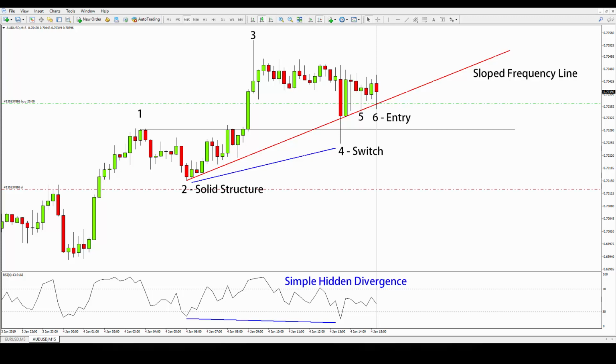In this first analysis video of the year, I want to show you a simple trade that happened in the Australian dollar 15-minute timeframe. The whole context for this trade idea was built around some simple and well-known concepts of technical analysis like support and resistance, and also on a few other more advanced ideas like sloped frequency lines. It's interesting to notice how different elements come together and converge to a single point in the chart to give